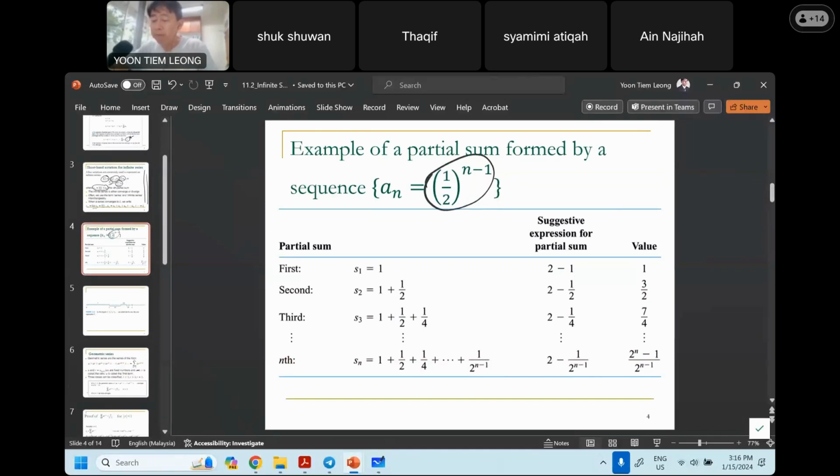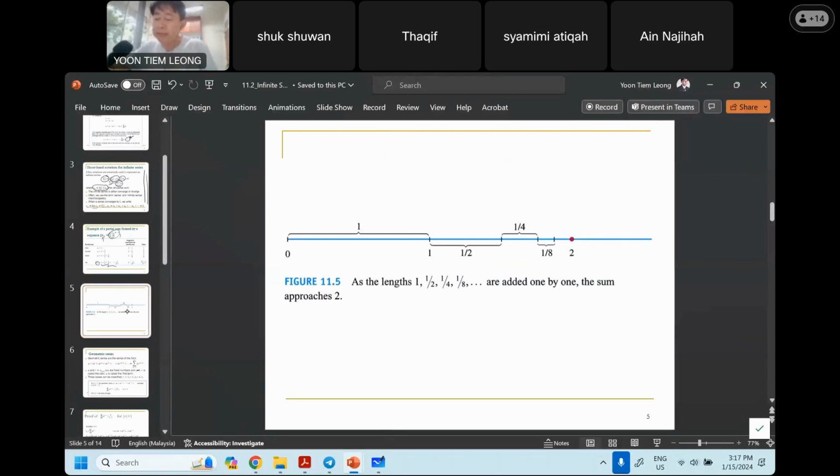So you can form the partial sum of this sequence. Say you take the first n terms in the sequence, and then you form the partial sum. Then you find that the partial sums can be represented by this, right? So this is the first term in the partial sum, second term, third term in the partial sum. So if you keep on adding all the terms, s1 plus s2 plus s3 plus s4 plus, up to infinite terms,